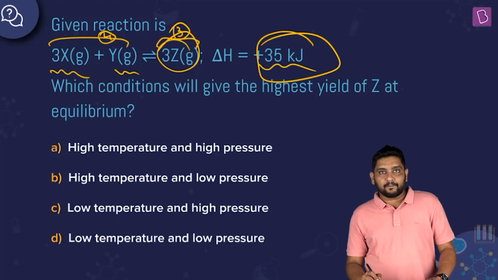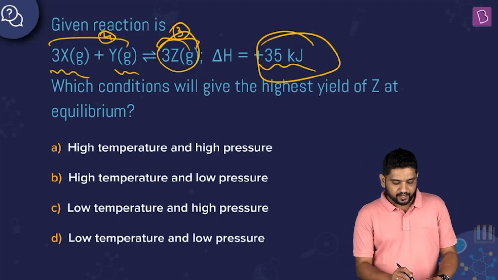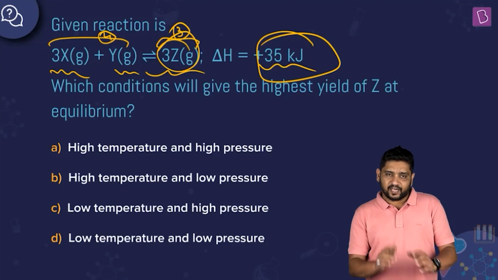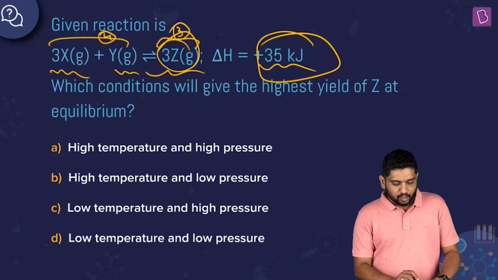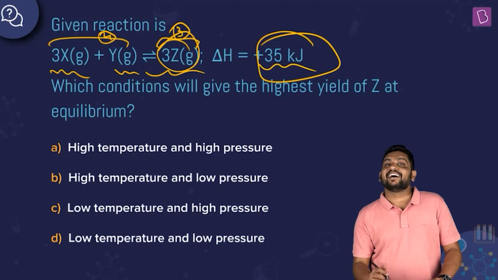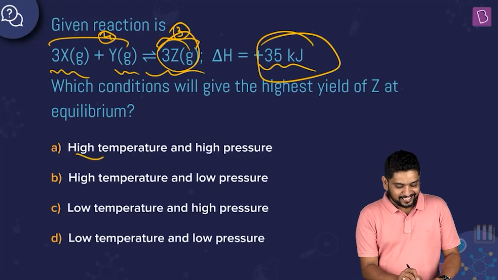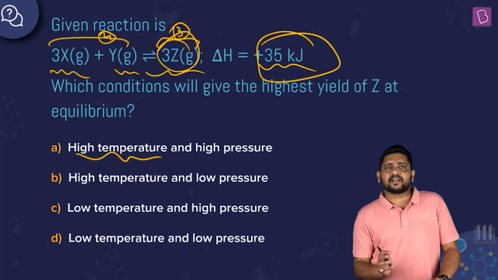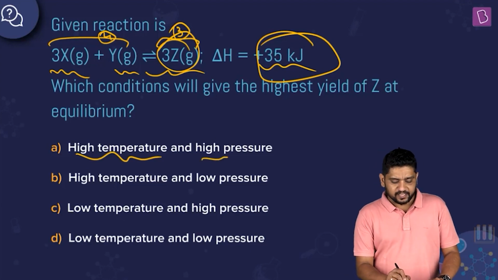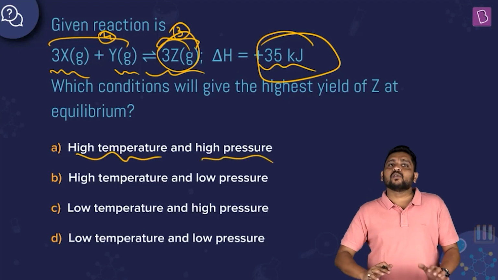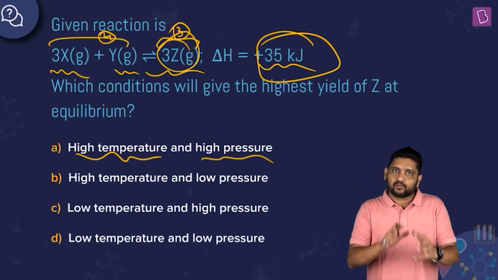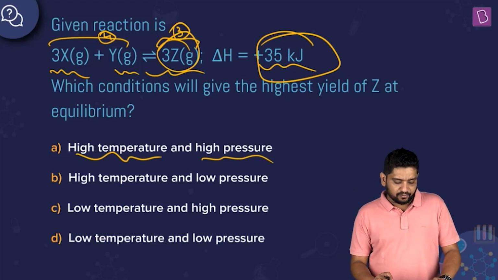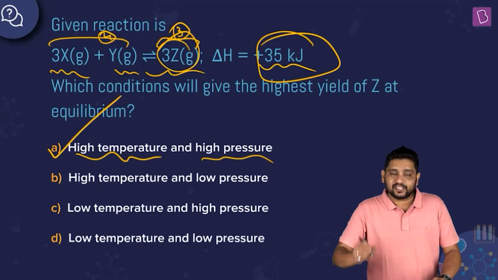So in order to increase the yield, I have to increase temperature, plus also if I increase pressure, I can see this will happen. So high temperature and high pressure is the A option. This is exactly what I was expecting. Increase the temperature, the endothermic reaction yield will increase, and increase the pressure because number of moles is decreasing. So a higher pressure would lead to a higher yield of product, right. So our final answer is of course option A.